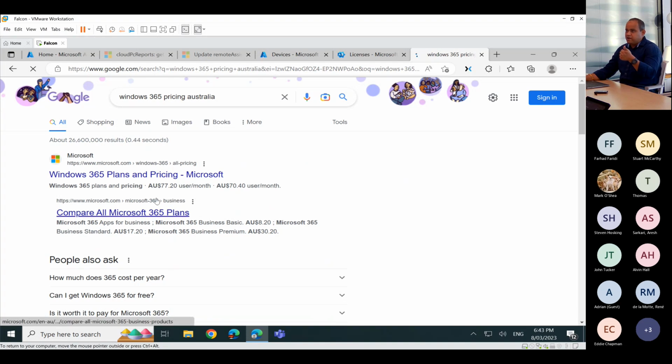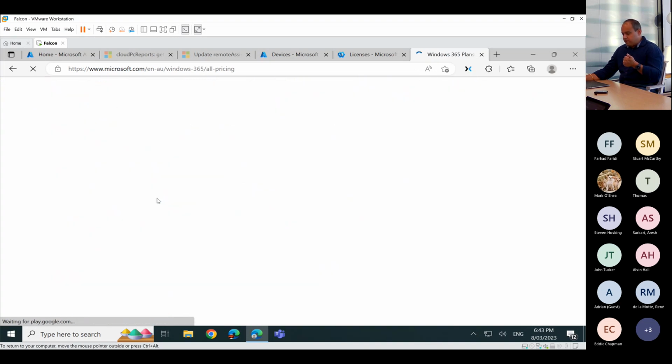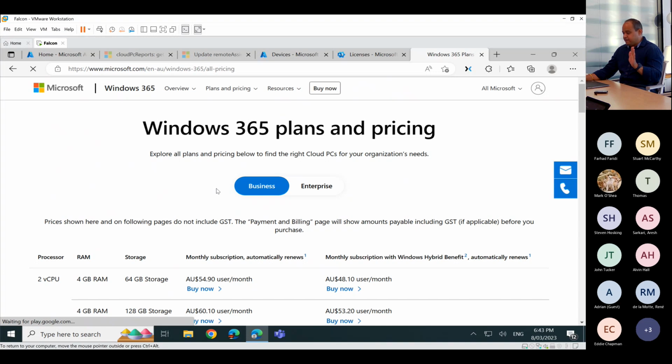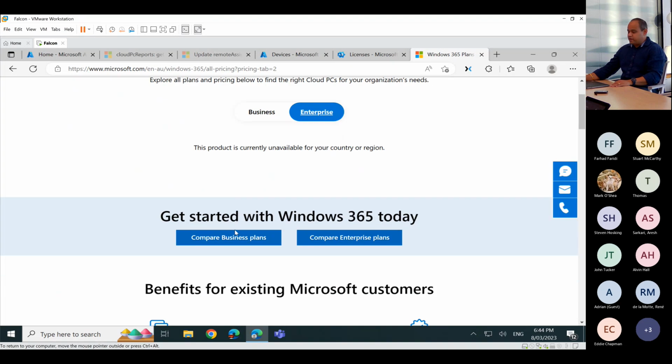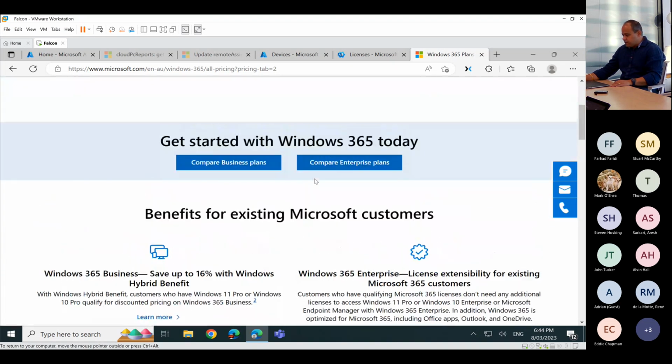So what's required? Even though you have Intune, there's a dedicated section within the devices blade for Windows 365. It won't get active unless and until you have a license. On the tech community forum pages, there are plenty of questions where people have posted saying, I can't see this. Whatever Microsoft has mentioned in the document, I can't provision the cloud PC. Nothing would work because you don't have a license. So what are the t-shirt sizes available? Here are all your t-shirt sizes that are available.